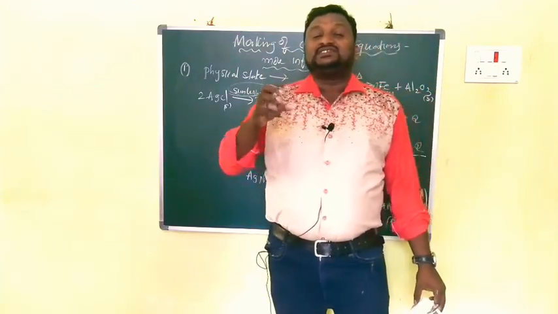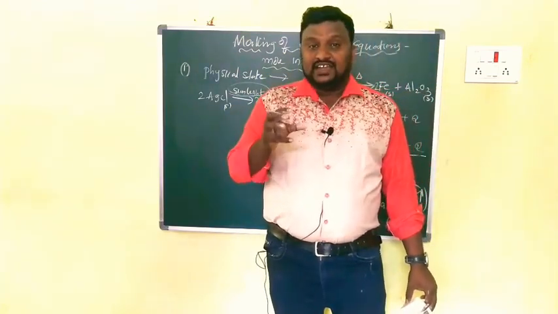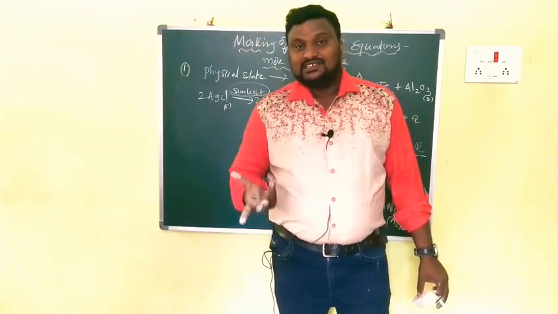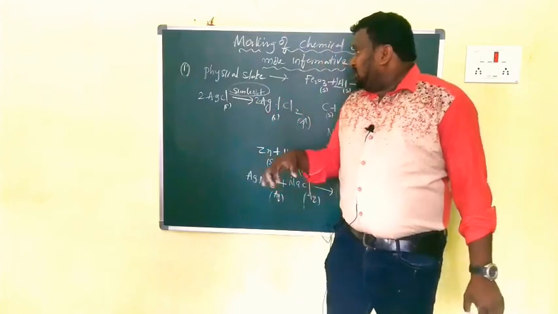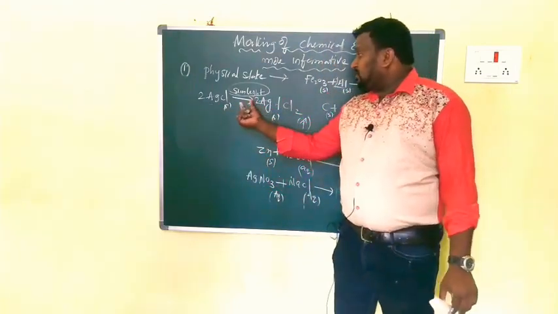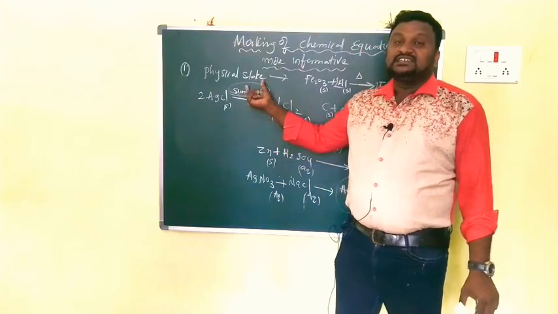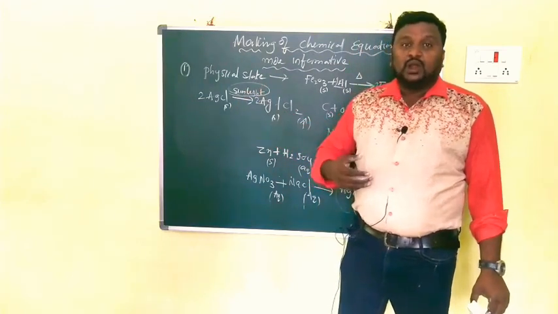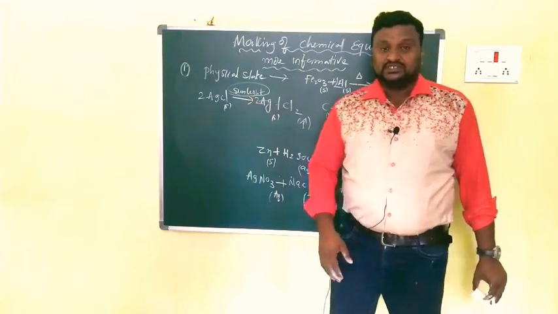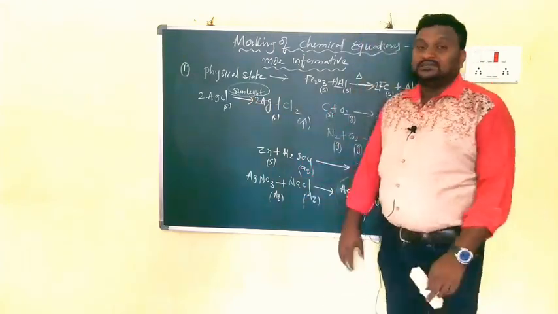Some chemical reactions are performed in the presence of sunlight. They are called photochemical reactions. To mention that, we have to write just above the arrow mark, sunlight. Sometimes we also have to mention temperature. If we have to mention some temperature, delta, it is an example there, delta for temperature.